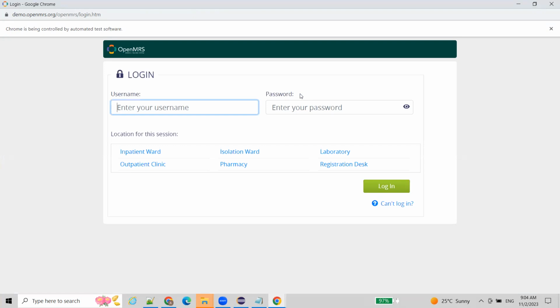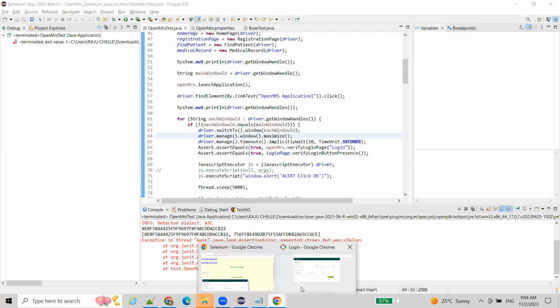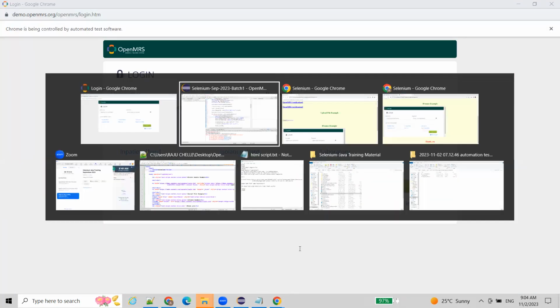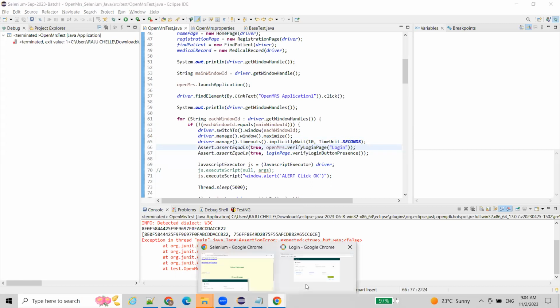So it is maximized the browser, but still it is failing. But let's see what's happening here. The assertion is failing. It is maximized. After that, we are verifying whether the login page is available or not. Verify login page, line number 66. It is failing. Login is not available, it is showing. But let me check